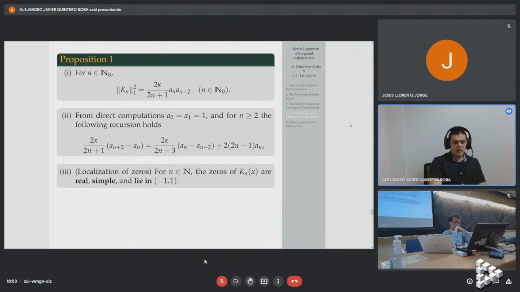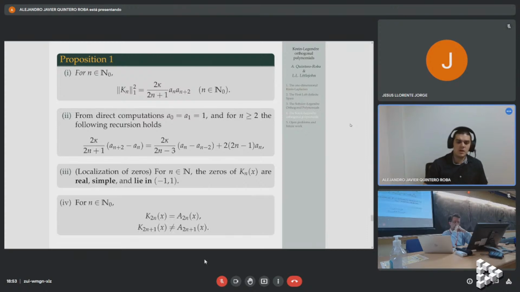Además, dado que el producto escalar con que estamos trabajando es muy similar al producto de Sobolev, quisimos también ver si esto de verdad es un resultado nuevo, y en efecto lo es. Pues a pesar de que los polinomios que encontramos de grado par son exactamente iguales a los polinomios de Legendre, por supuesto con la correcta selección de los parámetros, en este caso el parámetro lambda y el parámetro kappa, se tendrían que acoplar, los polinomios serían iguales.